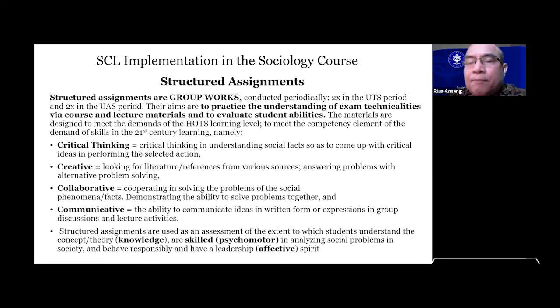The materials are designed to meet the students' HOTS, meaning higher order thinking skills, to meet the competency elements demanded of skills in 21st century learning, namely,